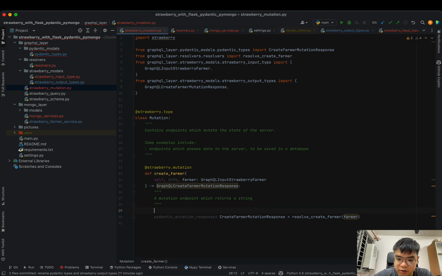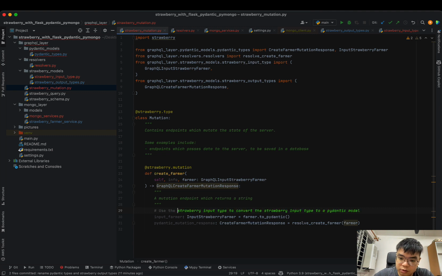And one thing we forgot to do is to convert this into an input strawberry farmer from pydantic. So farmer to pydantic. Use the to pydantic method on the strawberry